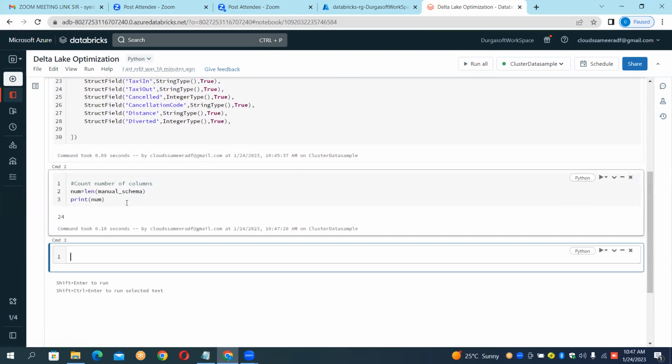So fine, this is, see here, 24. How many columns are there, guys? 24 columns. Anyways, okay, 24 columns. Okay, so now